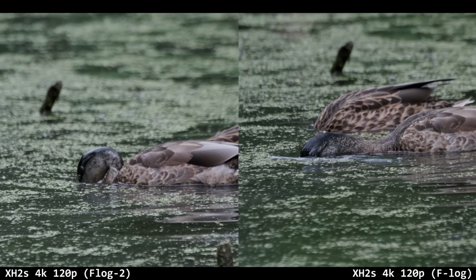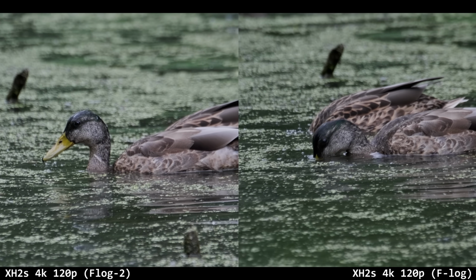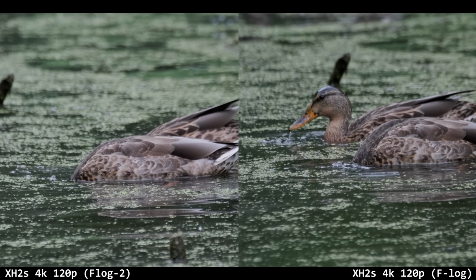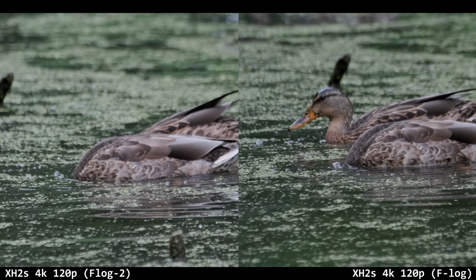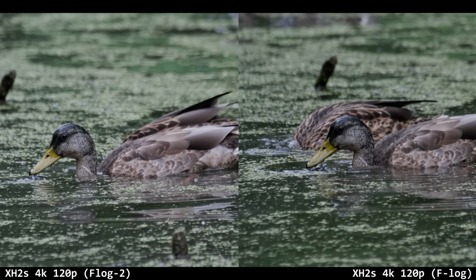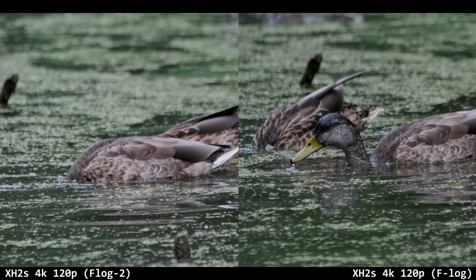The second thing I wanted to know is, is F-Log 2 worse than F-Log? And it appears to be quite a bit. In 4K 120p, F-Log 2 is a no-go, I think. It's pretty bad. It's noticeably less sharp and everything sucks about it. You might have more dynamic range, but we're in F-Log 2 right now for no reason inside a living room,